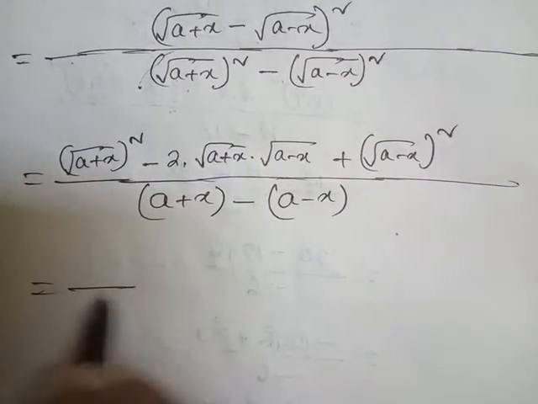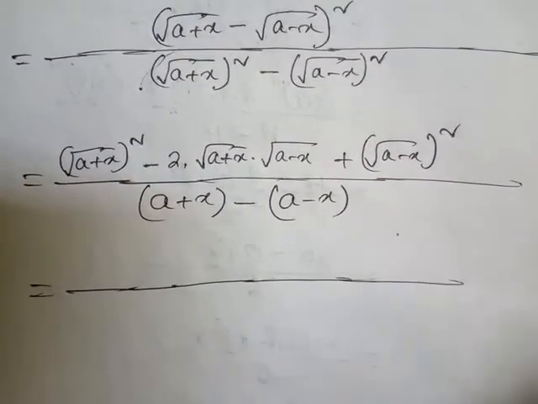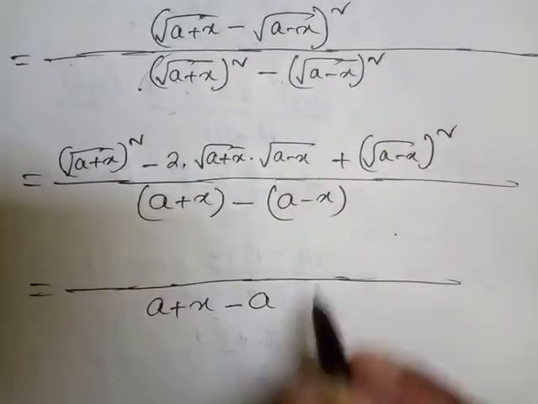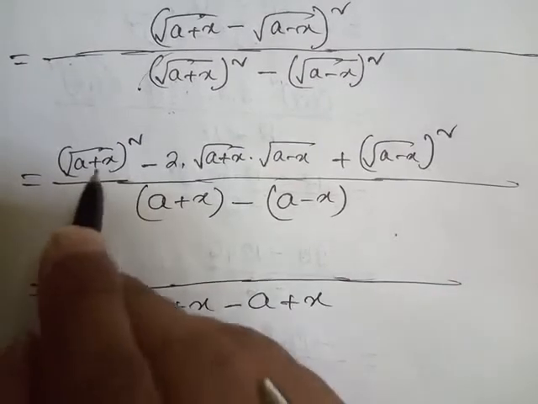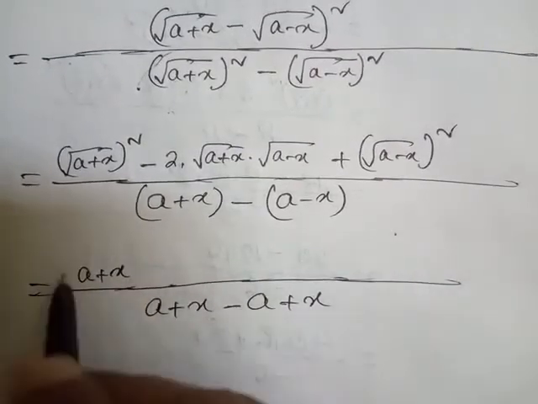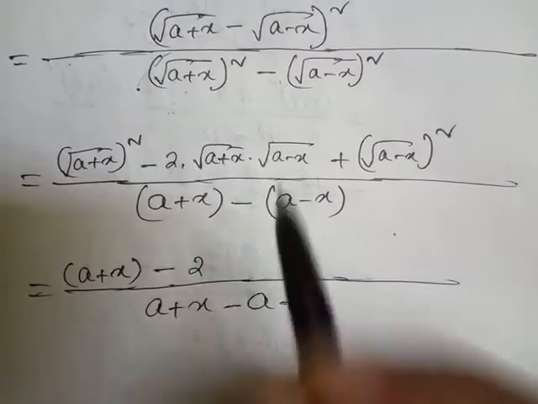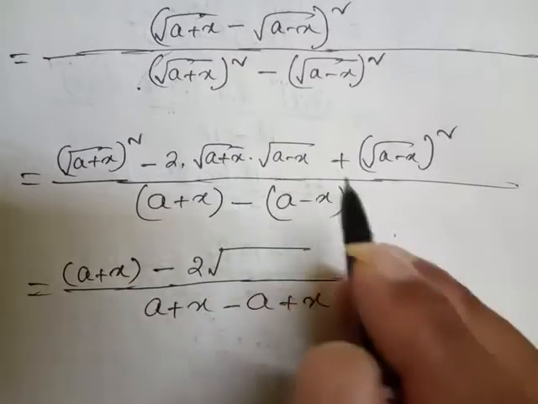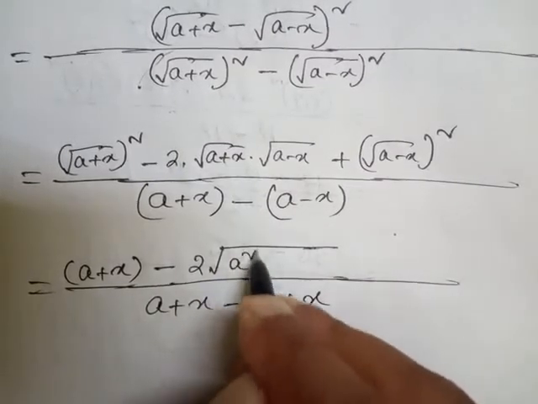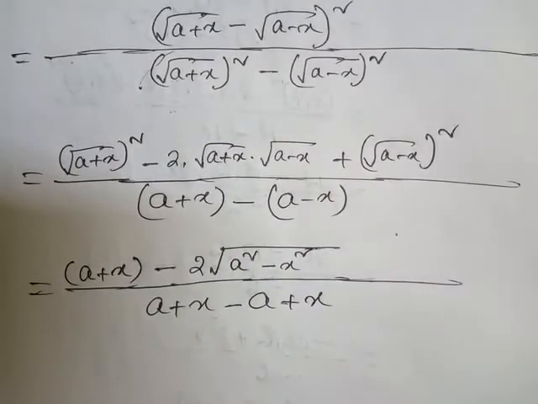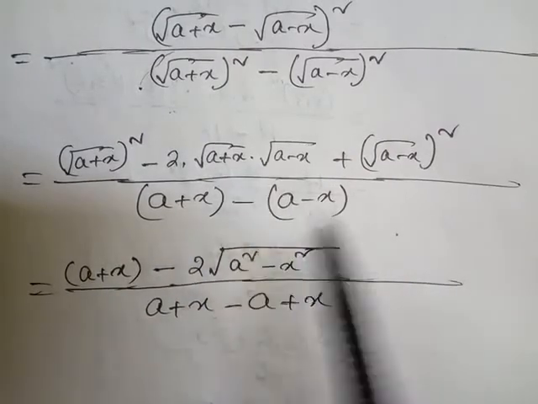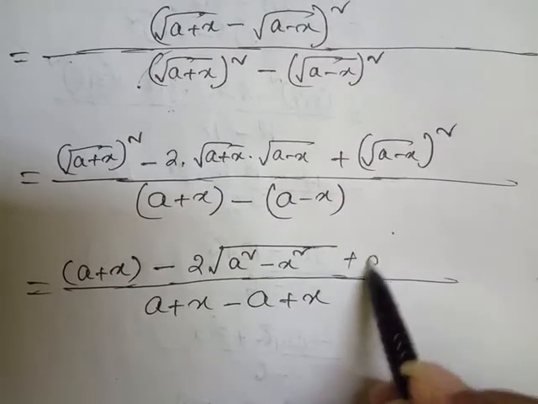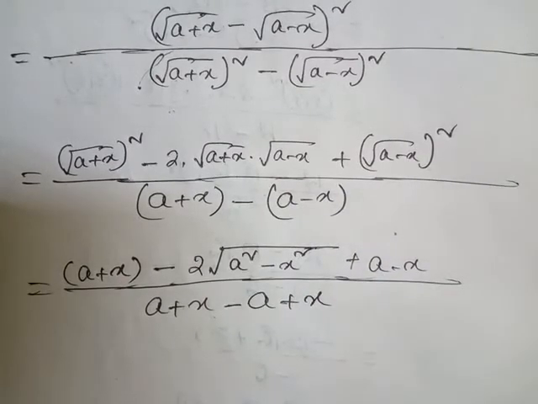Now if I remove the bracket from the denominator, a plus x minus minus plus x, then here would be a plus x. Now 2 a plus x, a minus x, so either I will write a square minus b square here, or a plus x into a minus x I may write inside the root, and there could be a minus x, square root cancel.